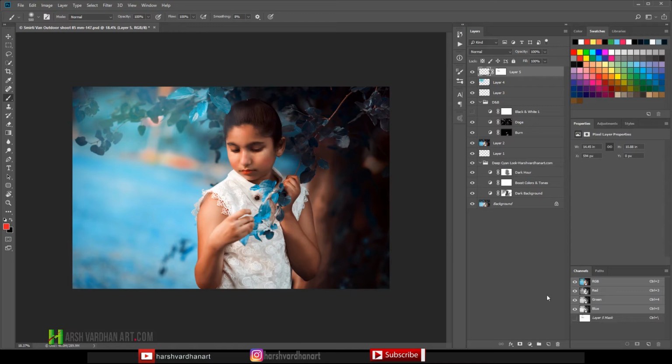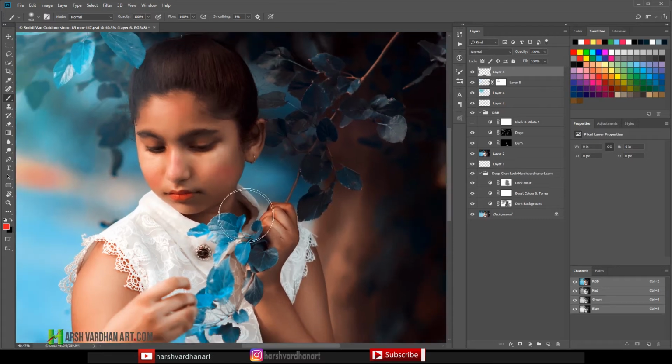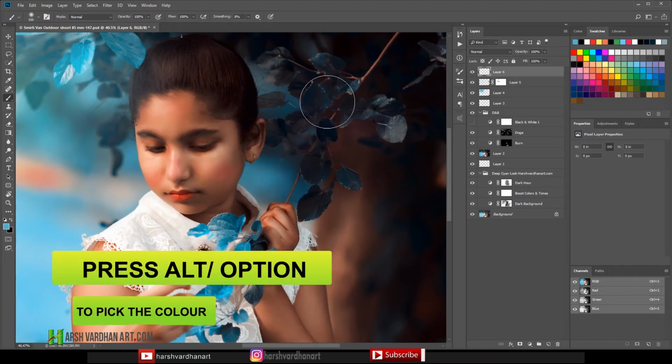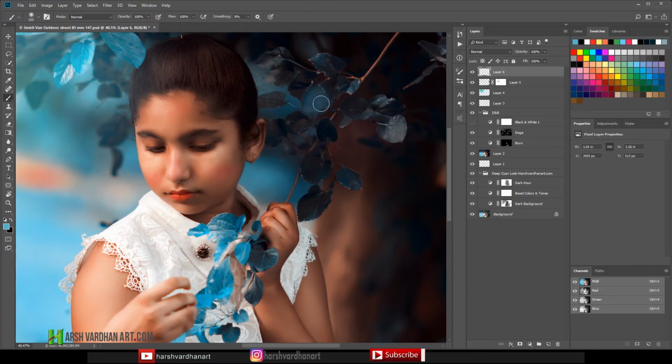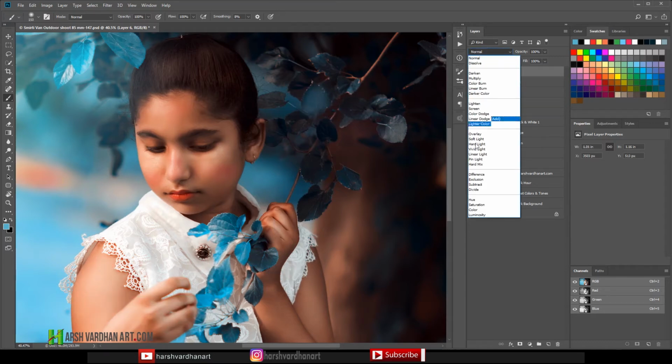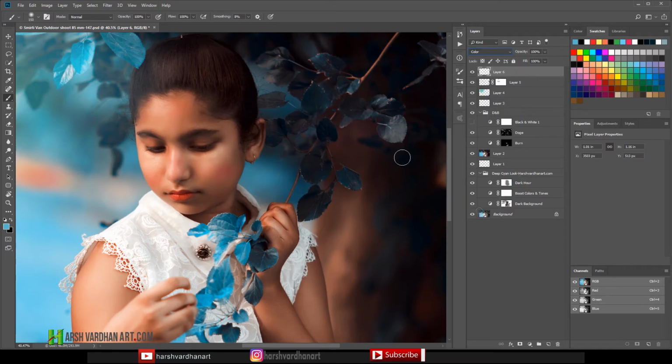Now let's create one more blank layer by clicking on this new layer icon, and zoom in on the image. Pick the color from here by pressing Alt or Option and paint over here a little bit and change this layer blend mode to, let's say, screen or color,